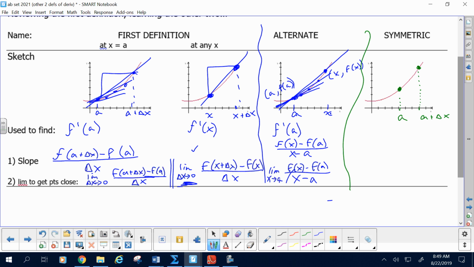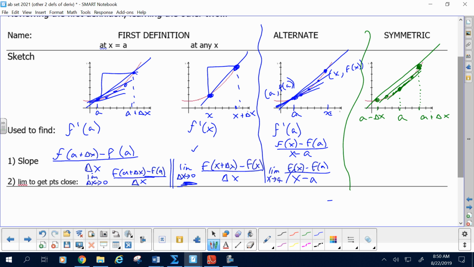I'm going to use that point, and then I'm going to take a symmetric, or same on both sides, approach and go a minus delta x, a little below. And I'm going to draw the line through those 2 points on either side of my point of interest. And then, rather than move one point like I have been doing, I'm going to move both. So if I make delta x a little smaller, boom, and then a little smaller, boom, and a little smaller, I still am going to approach tangent or slope at one point.